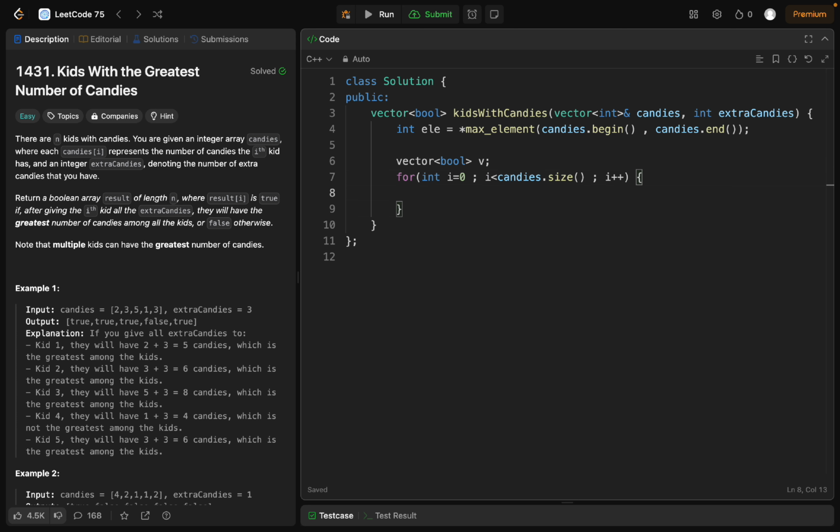So if candies[i] plus extra candies goes on to become larger than or equal to the ELE variable, we will just push back true to the vector, and if it is not the case, that is else, we just push back false. And we return V.